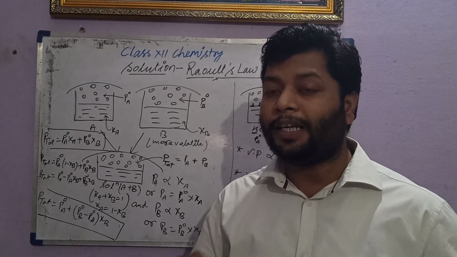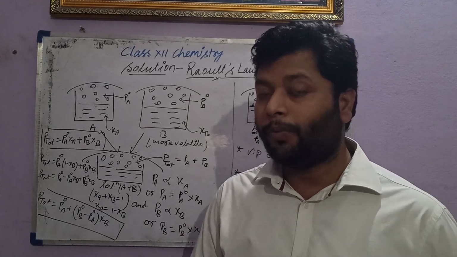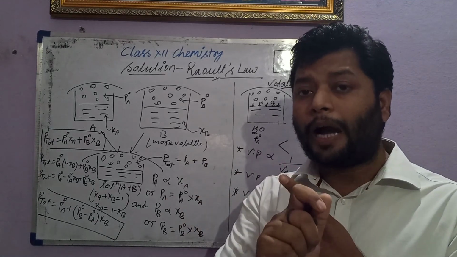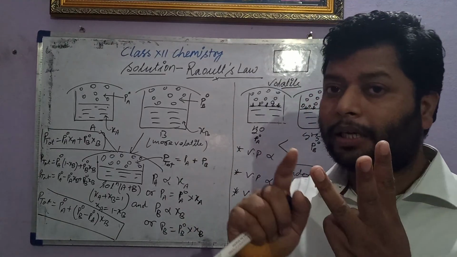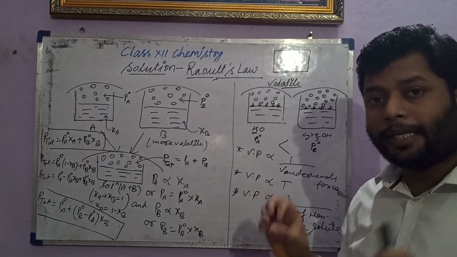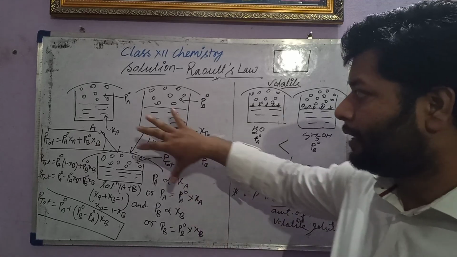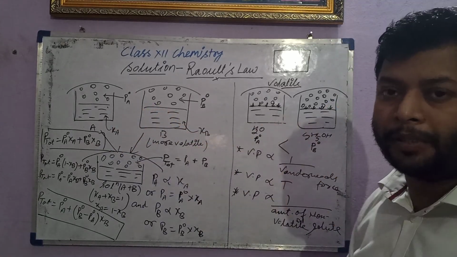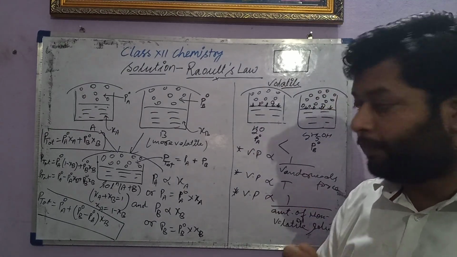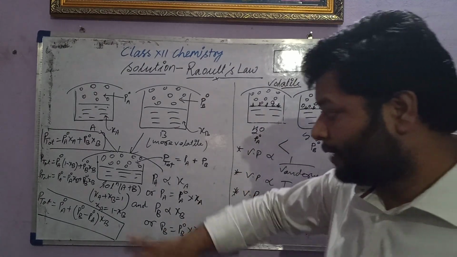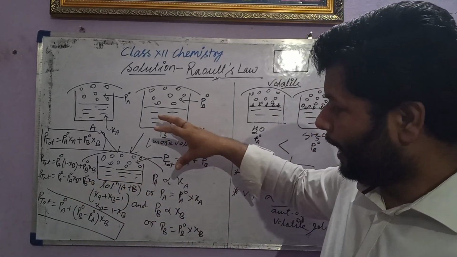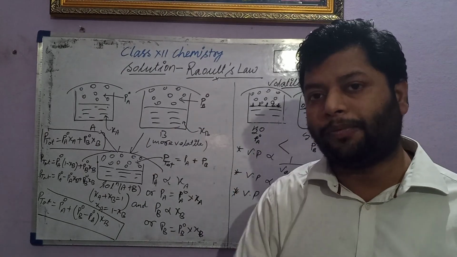The next lecture will also depend on Raoult's law, second part. We'll discuss the graph of Raoult's law, the applications and significance of Raoult's law, then we'll start the ideal solution. In this lecture, I am just explaining part of Raoult's law and vapor pressure. In the next lecture, we'll explain the graph, some formulas again, and the significance of the graph.